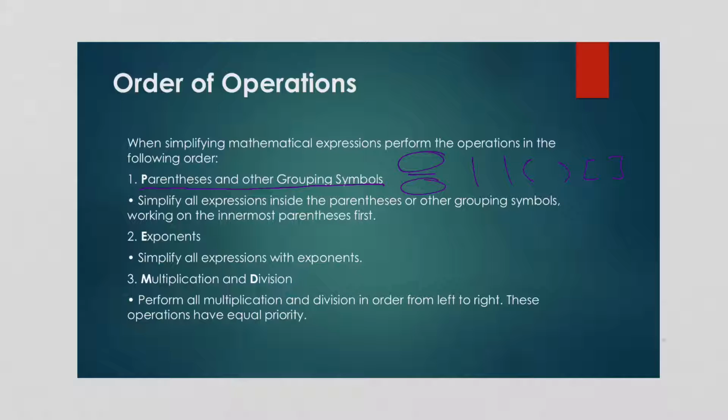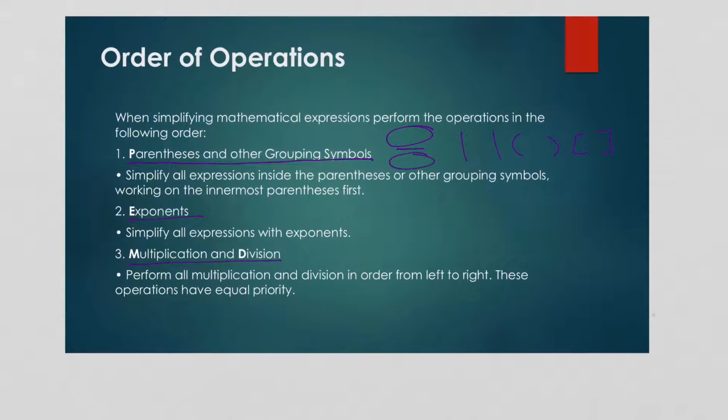Number 2 says exponents. So after your grouping symbols, you do your exponents. Then you do multiplication and division in order from left to right. And I don't know how, but my last one got cut off. So number 4 is addition and subtraction in order